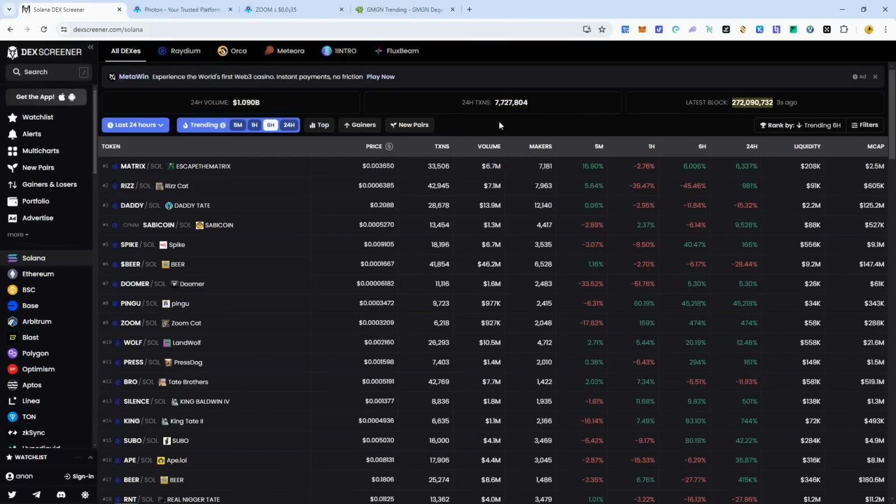And then I want to make a live trade on one of these coins and see if we can get in early, whether it's a Pump.fun coin or some other coin, and show you guys how to use the auto buy and auto sell feature for the Trojan bot, because that is very powerful as well and provides a great tool for those that want to put in the time and actually go and look for these meme coins and find them. And you can use Trojan Bot to really streamline your trades and make yourself a much more competitive trader,